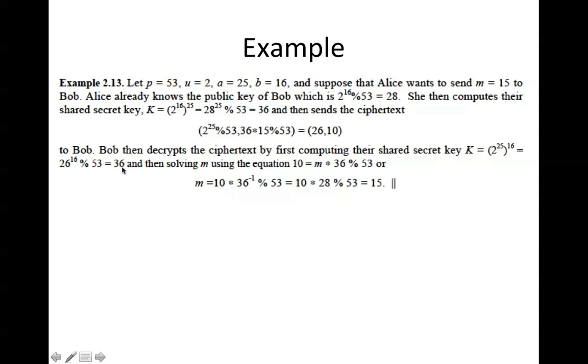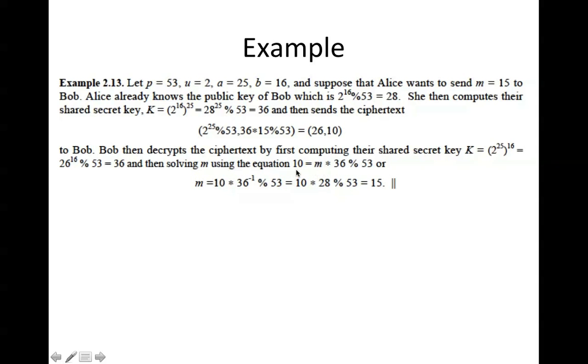So this shared key is used once by Alice to transmit the message, and once by Bob to decrypt it. To encrypt and decrypt is the process I'm referring to here. And then once Bob figures out what the shared key is, he goes on to solve for M using this